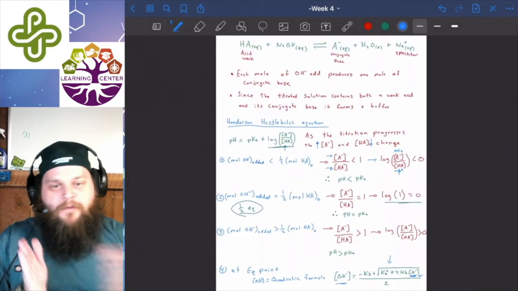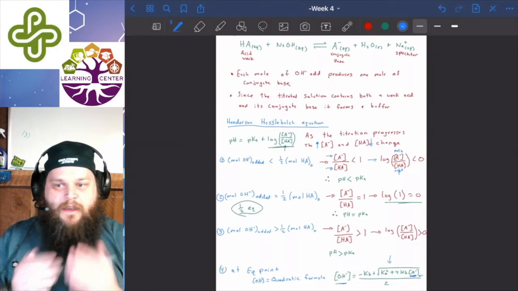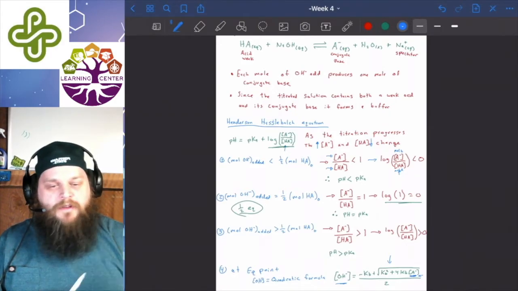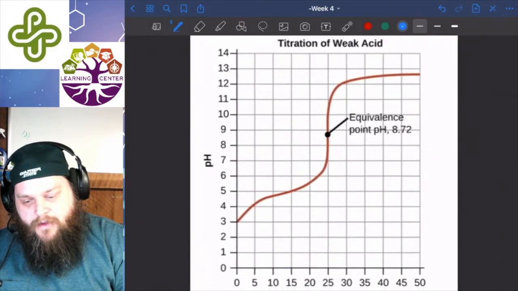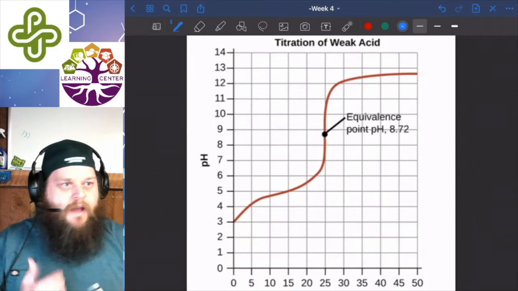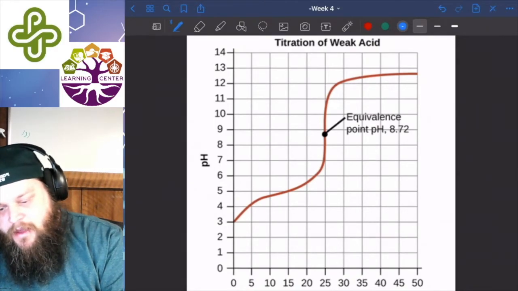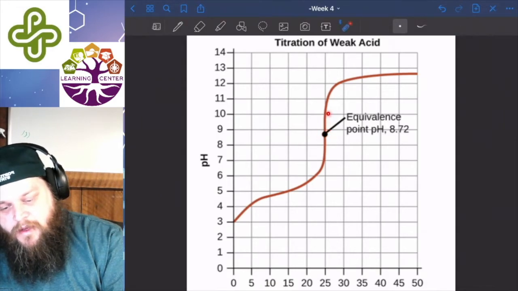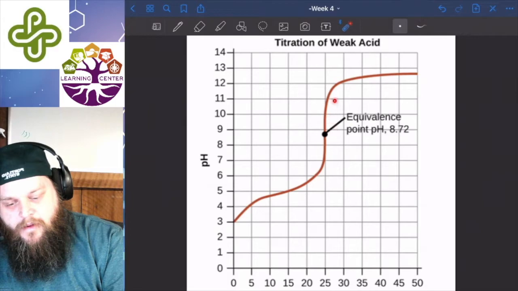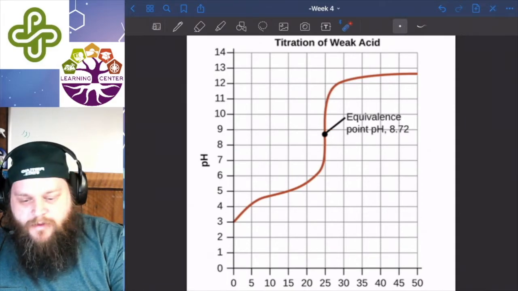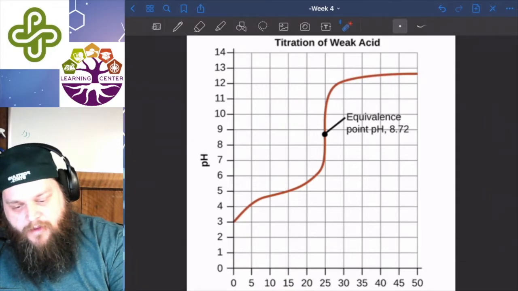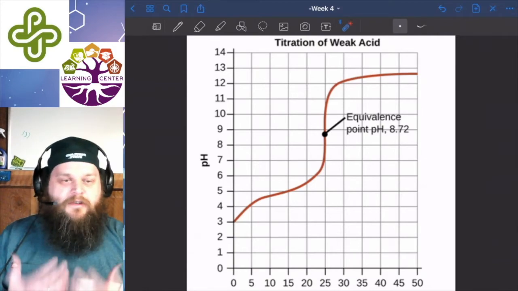So anything after that equivalence point, we can say the buffer is basically destroyed, and now we're just adding in a strong base to that. And we can see that here's a titration graph of a weak acid. So anything here, if this is our equivalence point, anything after that point, all the volume we add, a small volume of it shoots that pH up. So it gets really basic really quickly and then starts to level off. We can treat all of this as just basically the excess strong base that we're adding.